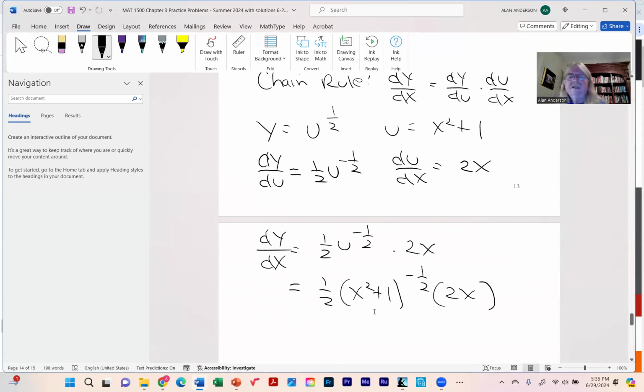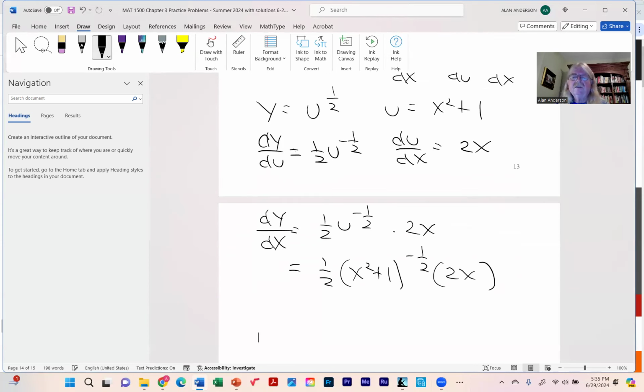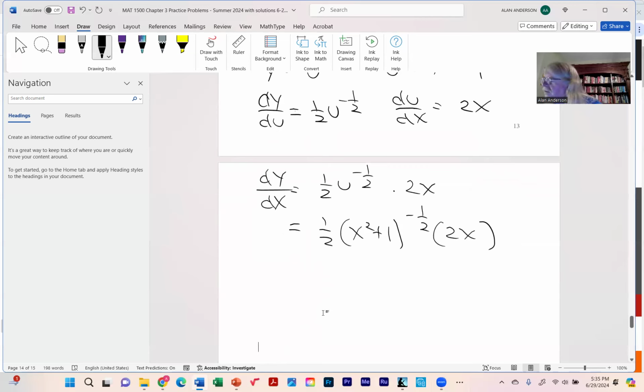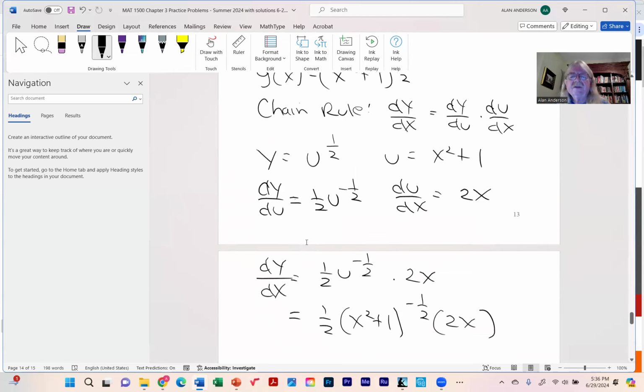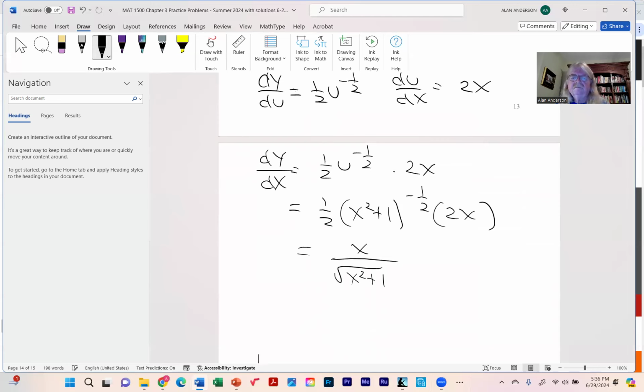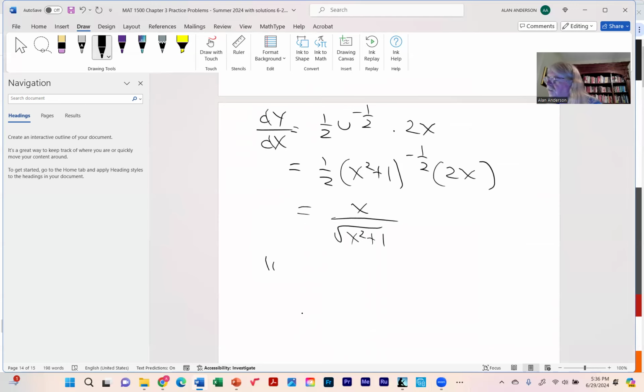All right. Now the two, by the way, if you notice the half and the two cancel each other out. So we can write it a little simpler as x over radical x squared plus 1 if we want. So then what we're taking the limit of is three over all of this. Or in other words, you can rewrite this as, okay,